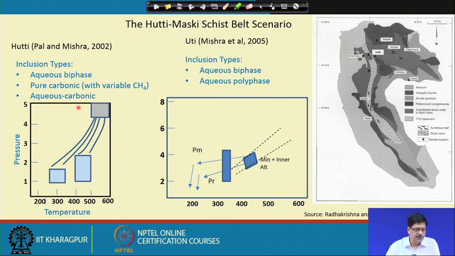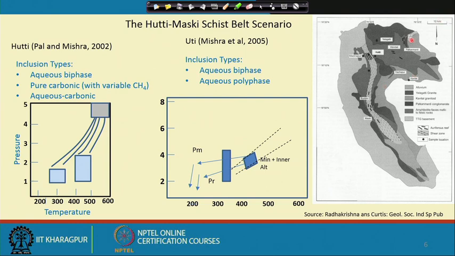I could give a comparison here. Similarly, we see aqueous biphase inclusions, pure carbonic and aqueous carbonic inclusions. A similar thermobarometric exercise, when combined with the metamorphic conditions of the host metabasic rocks as well as some mineral thermometry, combinedly gives a picture of the evolution of the mineralization in the ore fluid, which is interpreted to have initially been derived by devolatilization reactions in the prograde metamorphic path of the host metasediments, and then with the further drop in pressure and temperature condition, the fluid also underwent unmixing, phase separation to carbonic and aqueous components, which resulted in a drop in the solubility of the metal and deposition of the metals in different lodes.